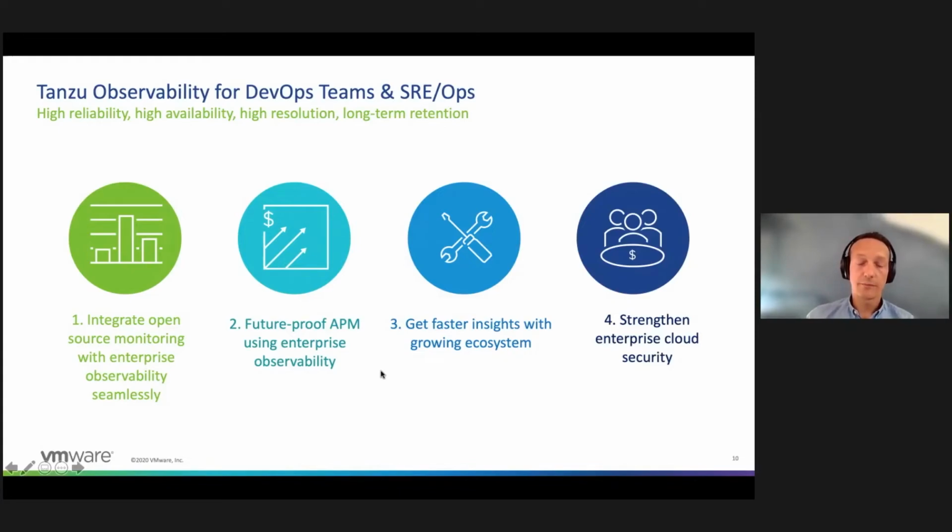We are also working toward tighter integration with APM. We are growing the ecosystem by integrating with third-party solutions such as Terraform or other components of the Tanzu portfolio, providing a Catchpoint integration as well for end user metrics and synthetics, and hardening the whole security posture with things like metric-level role-based access control, which is quite unique, making it possible to show only specific metrics to the users of the platform at a very granular level.